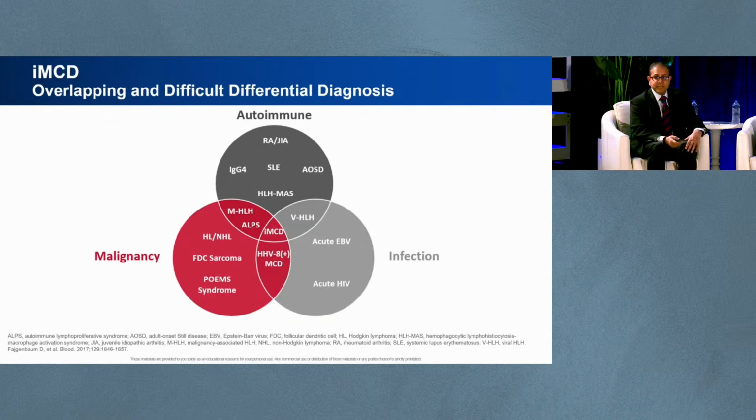The biggest challenge with IMCD is there are many, many conditions that mimic IMCD, present like IMCD, but they are not true IMCD. And it is absolutely imperative for the clinicians working with the pathologists to be able to figure this out. And they tend to fall into 3 broad buckets. One is the autoimmune or the rheumatologic conditions as shown here, with the most common ones being rheumatoid arthritis, lupus, and a whole host of other conditions like adult onset Still's disease, some associated with IgG4 related disease. Then you have infections, particularly HIV or HHV8. And finally, you have to rule out certain malignancies, particularly lymphomas and myelomas, and some esoteric ones like follicular dendritic